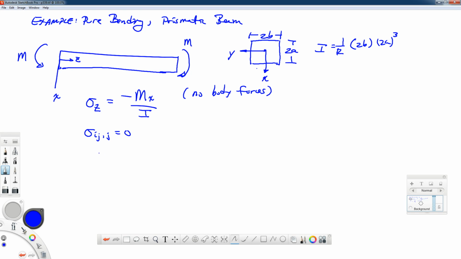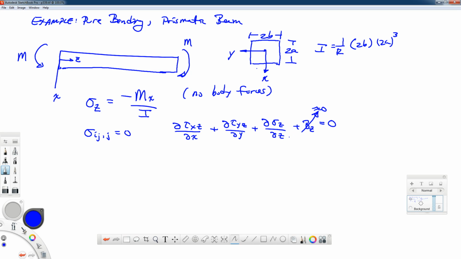The third of our equilibrium equations looks something like this. The partial of tau xz with respect to x plus the partial of tau yz with respect to y plus the partial of sigma z with respect to z plus the body force in the z direction is equal to 0. Now if we neglect this body force,